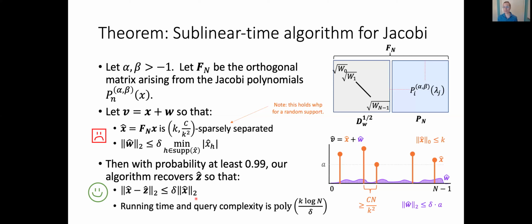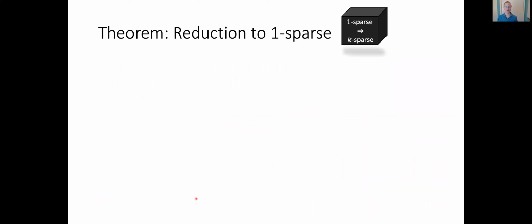And like I said, there are two steps to getting this. The first is a black box reduction to the one-sparse case. So if you have a one-sparse solver, this gives you a k-sparse solver. So here's what this theorem looks like. So suppose that